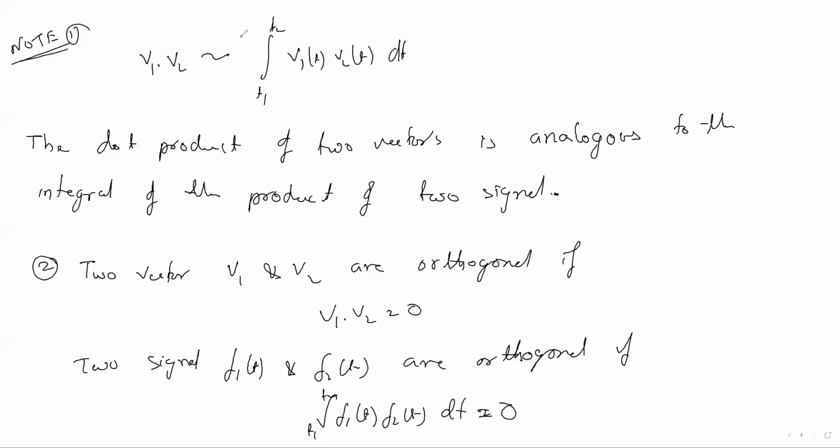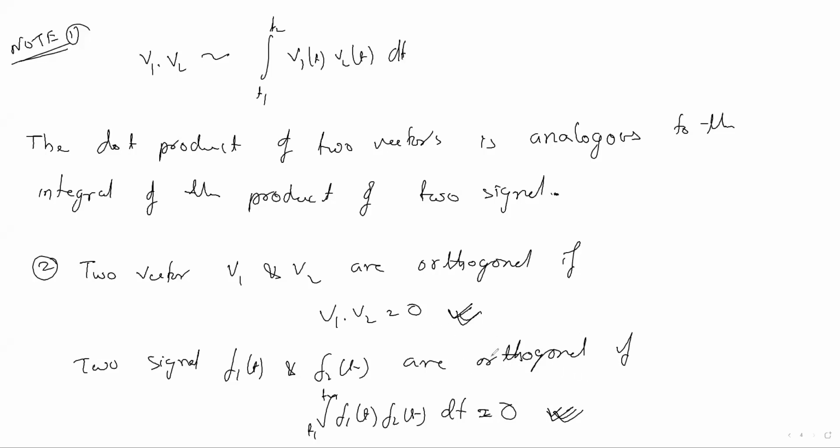So up to here, I think I have already taken the class for section B, is it not? So please let me know about this concept. Dot product is 0 for orthogonal vectors, and for orthogonal signals this integration is 0. This must help you understand. This concept is required for the rest of the topic. Nothing more than that. Okay.